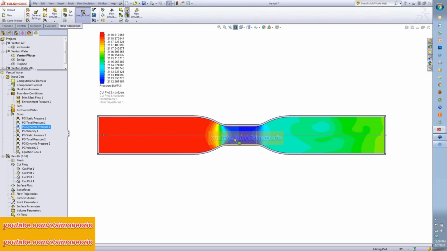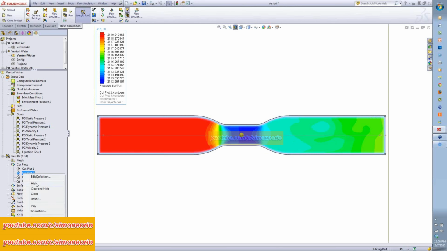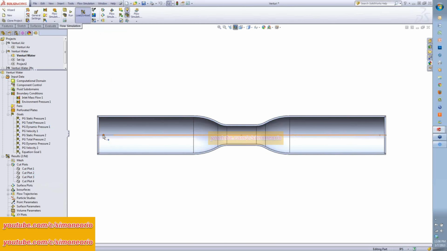And if you look at this sketch line that I have down the middle of this model, let me hide this out. I actually have these points, which are typical points for these measurements inside of a Venturi if we were actually doing this as a physical test. So I looked for static pressure, total pressure, dynamic pressure at this point.